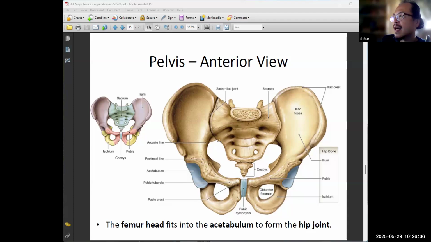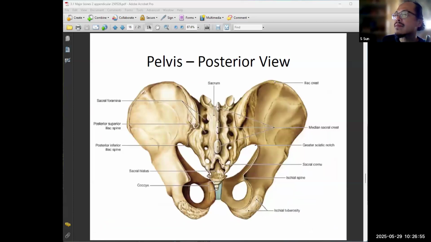And here is the base of your pelvis. So three bones: ilium, pubis, ischium. Yeah, so that's that. The key thing here is that the femur head fits into the acetabulum to form the hip joint. The back, what you can see is